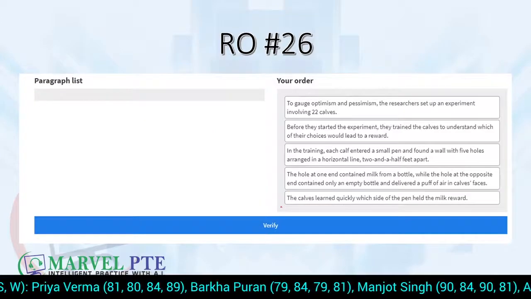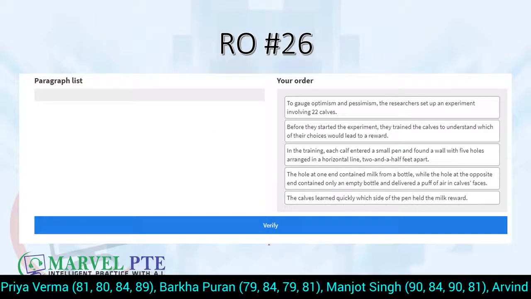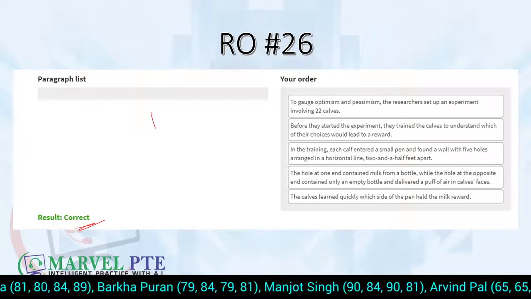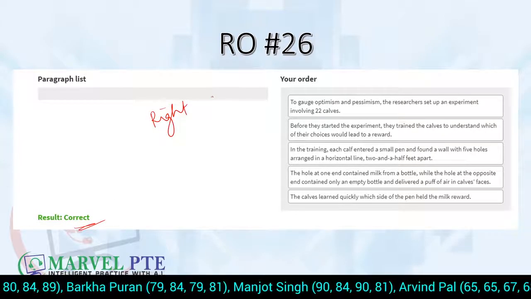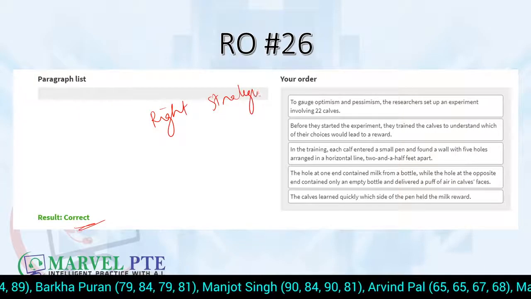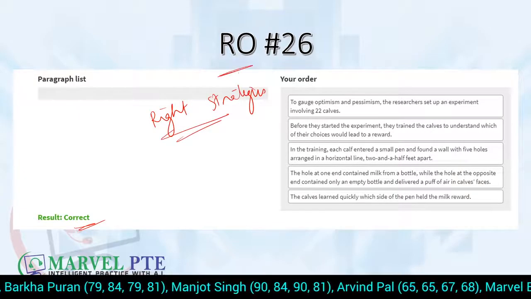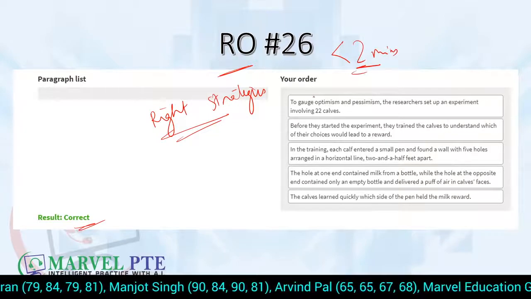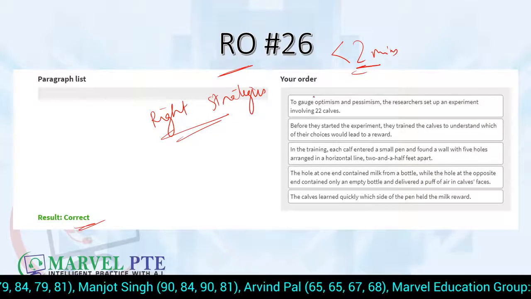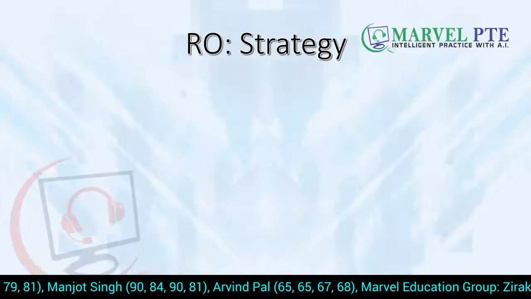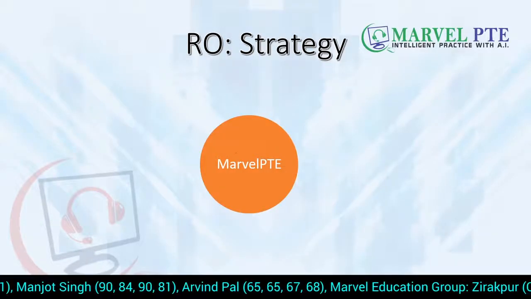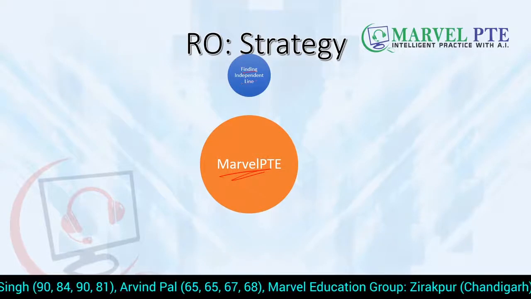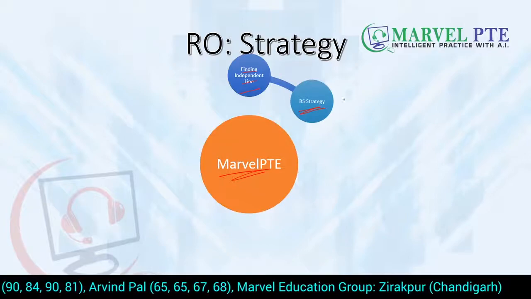So now let's see if all the answers are correct. Let's see that. Yes, the answers are correct. So you see, if you know the right strategies, the tips and tricks, you can easily crack or solve your reorder paragraph within 2 minutes or less than 2 minutes, the recommended time, as we have found with our big data analysis. Our students at Marvel PTE know these strategies, which strategies, how to find an independent line,